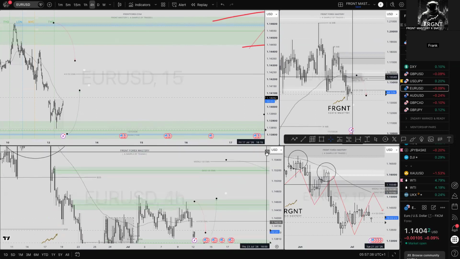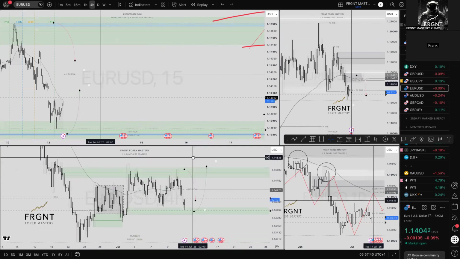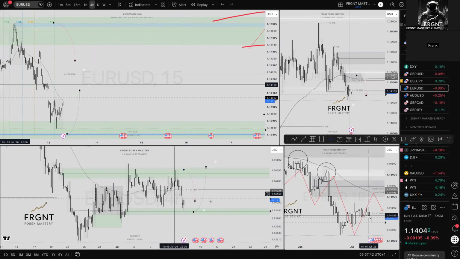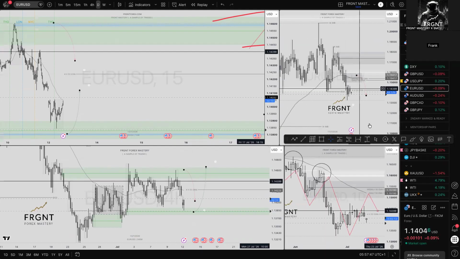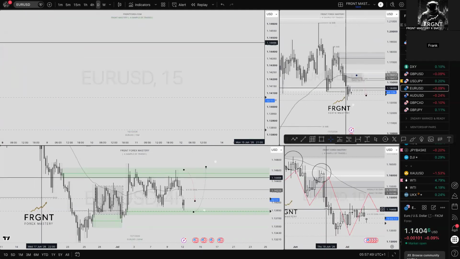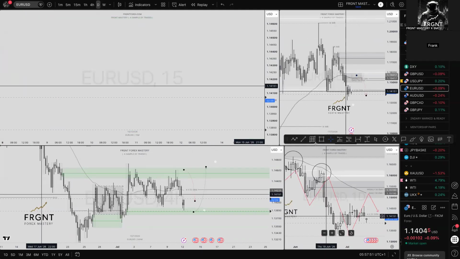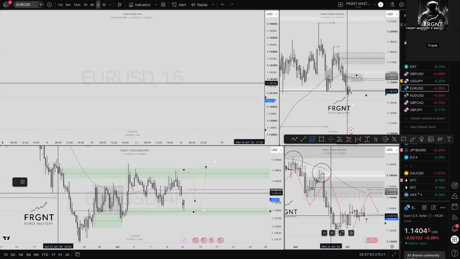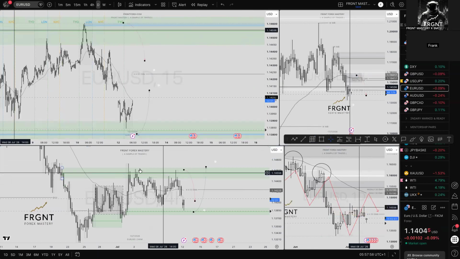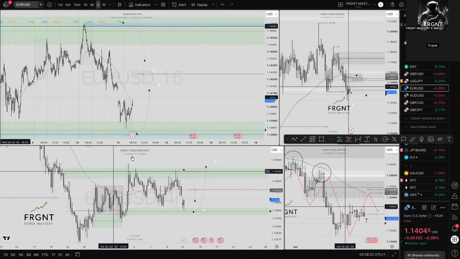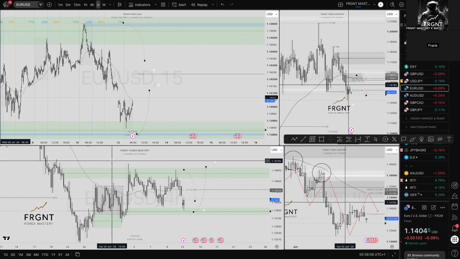To be honest, EU is not really up there for me, I'll be honest. And the reason for that is I think we're just ranging on that 4 hour time frame. With that said as well, on the weekly and the daily, we don't really have any confluence at all to be looking for positions. I mean, if I really squeeze it, I could put this order block in like so, refine that area down, but more than likely we're just going to be still within here. So when I'm in doubt, the first thing I'm doing is just heading straight towards that 4 hour time frame where I like to identify price action and structure.